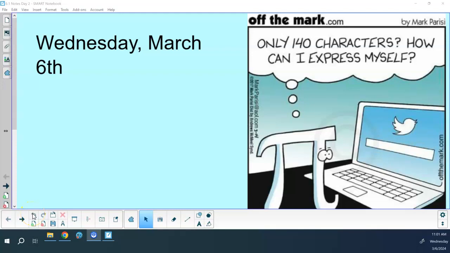So we're still in the white packet. We'll continue on with our study of vectors. Remember that a vector is